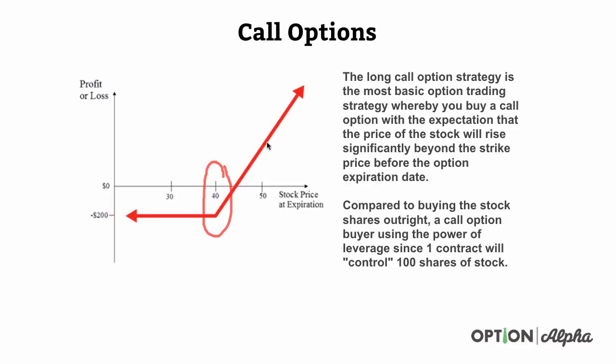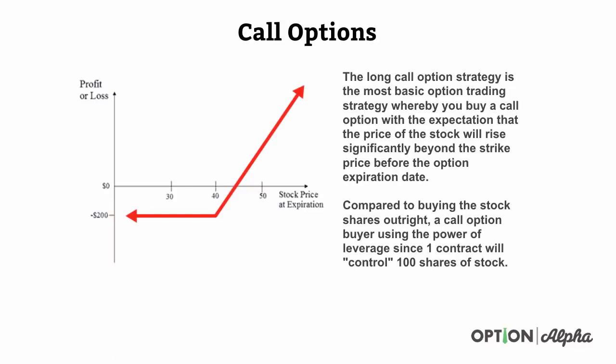Now, your expectation, obviously, is that the stock price is well beyond the 40 price at some time in the future before the expiration date. So if right now the stock price is at, let's say, $30, you're going to hope that it's beyond $40, because that's your strike price, and it's beyond that price point in the future